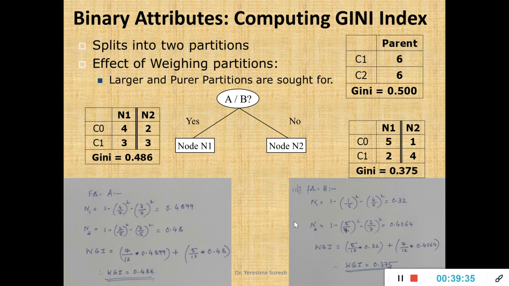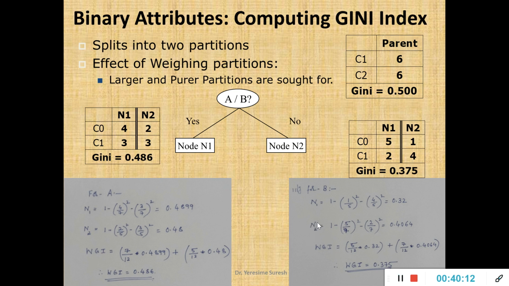If I compare these two, for the split B, with respect to attribute B, the weighted Gini index value is less when compared to the first split of attribute A. Hence the second attribute will be chosen for splitting the tree, but not the first one, because it has the lower Gini index value. Any attribute having the lowest Gini index value, or the highest information gain, will be considered the purer node. That means there is less impurity. The higher the value of the weighted Gini index, the more the impurity.